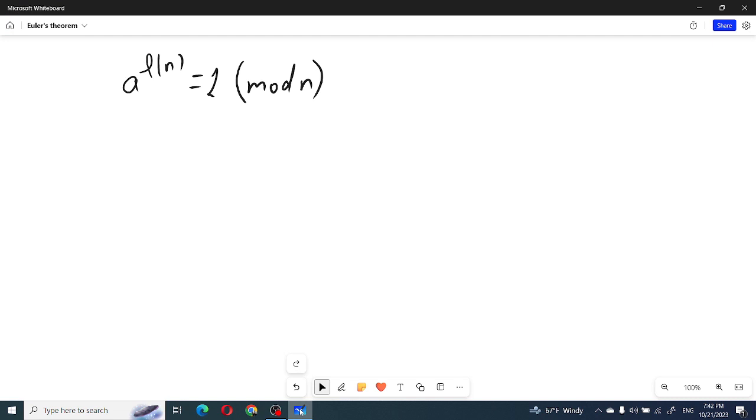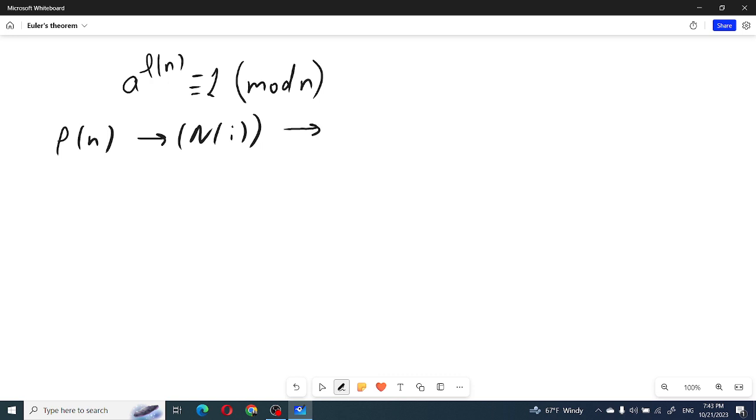Hello, today we will discuss Euler's theorem, which tells us that if we are given any positive integer n and number a which is coprime to n, a to the phi n power must be equal to 1 mod n. And what is phi n? Phi n is the number of integers which are coprime to n,